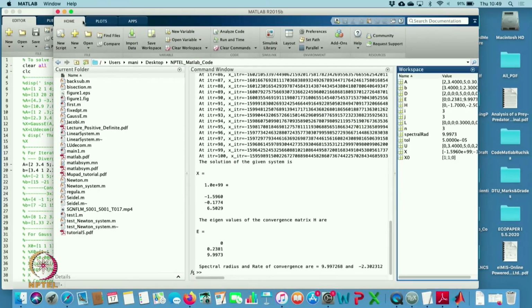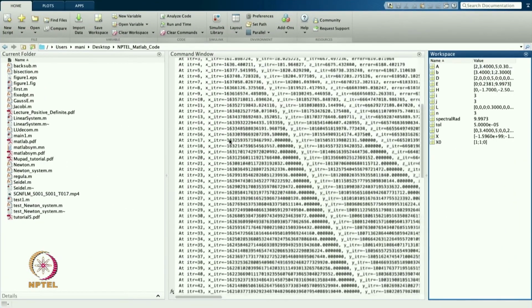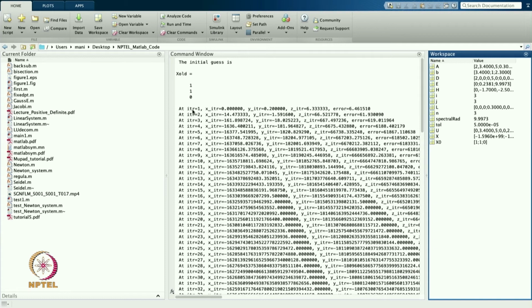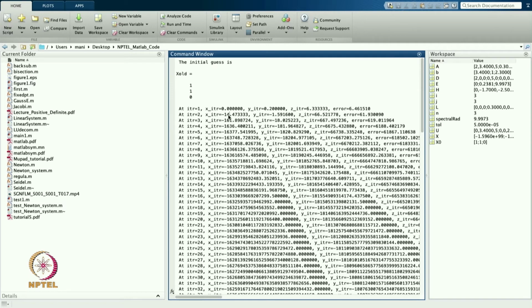So, from here if you see, it started with the iteration number 1, then x iteration, y iteration, z iteration. So, this is my initial solution, and the error is this. Then it keeps increasing, then at the iteration number 2 the solution goes to minus 14, then minus 161,